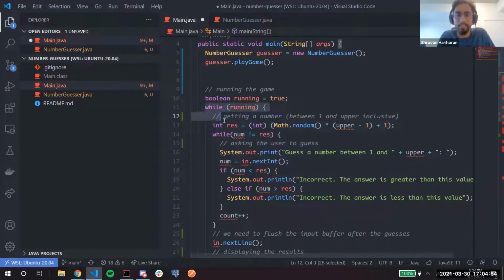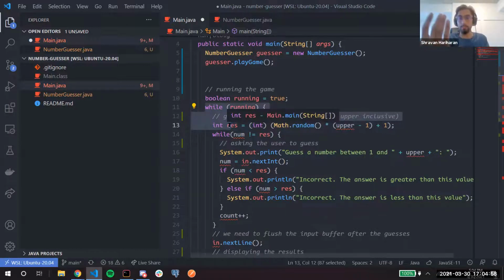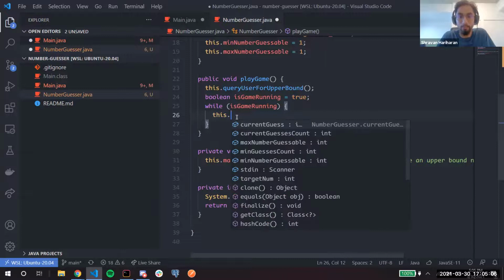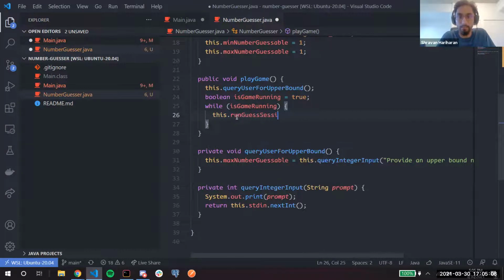If you think about it, it's a session where the user guesses back and forth with the program, right? So let me define a function that will let me do, while is game running, this dot run guess session, right? Because remember, we want to make functions as small as possible. So if I run the guess session,